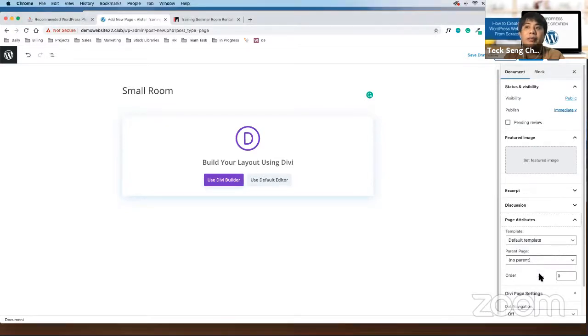For the page attributes, what you need to do is the parent page, select rooms. Once you select rooms, click on publish and then publish again.